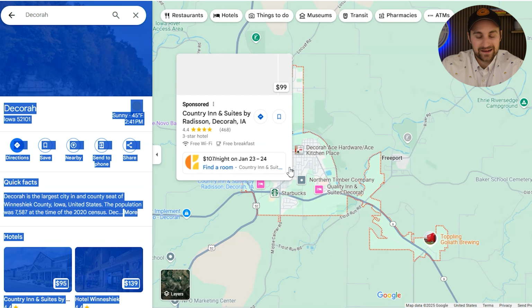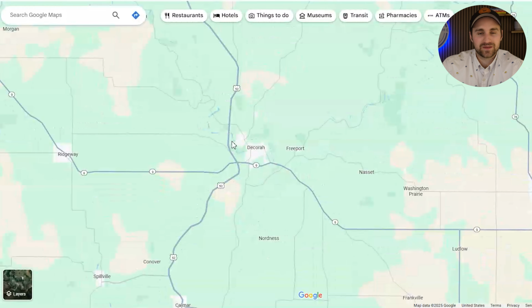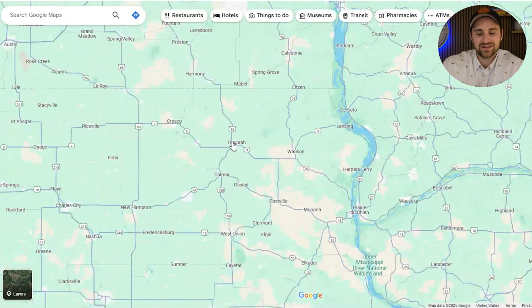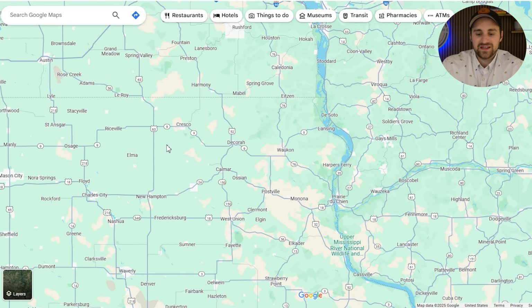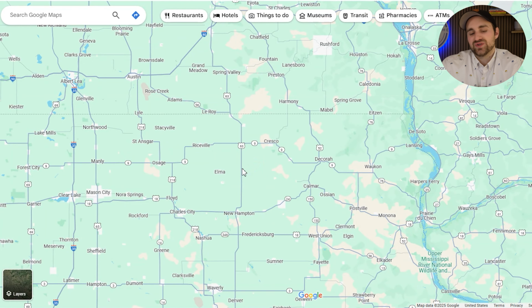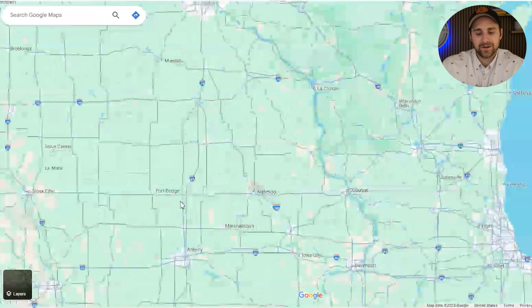They have a lovely little downtown. So it's a very quaint little place. A lot of people like it, again, for that outdoorsy feel. And this whole area up in northeast Iowa is really known for that. So something to think about.